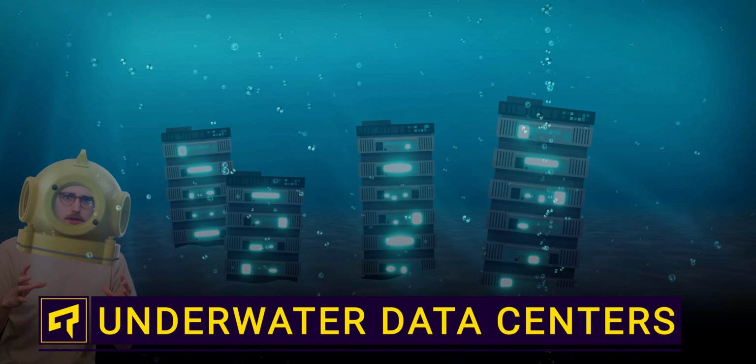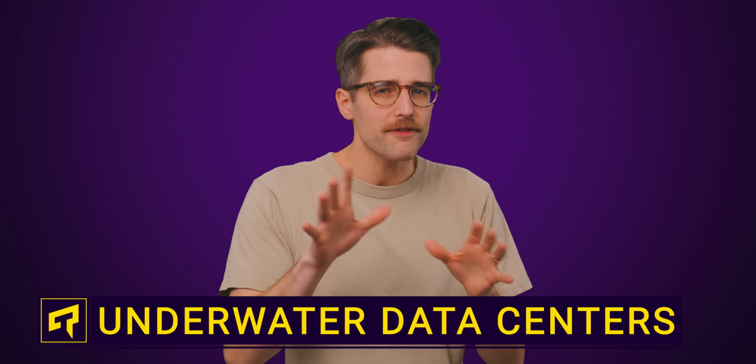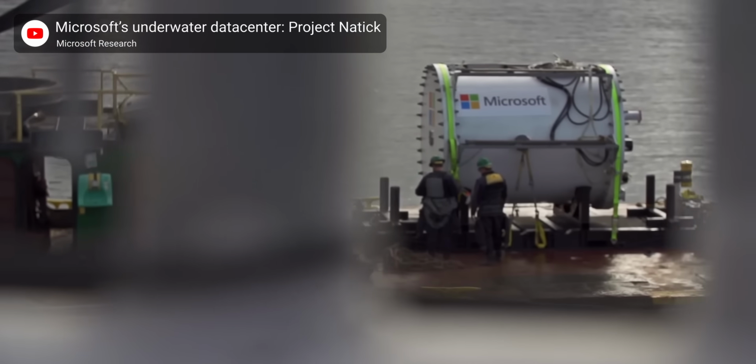There are data centers at the bottom of the ocean. I'm not crazy. There's not very many of them. This is still very much experimental, but it's an idea that could revolutionize waste heat management, which is something I think about a lot. In 2015, Microsoft sunk its first prototype underwater data center off the coast of California and